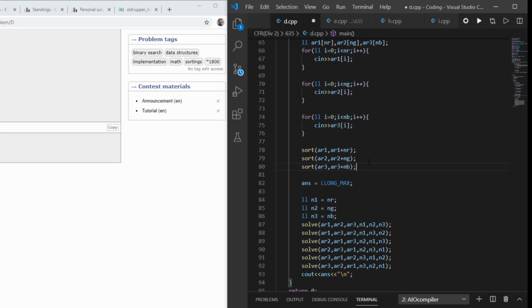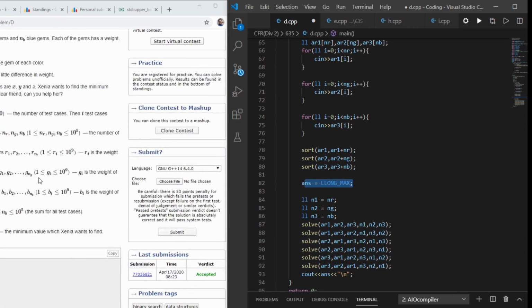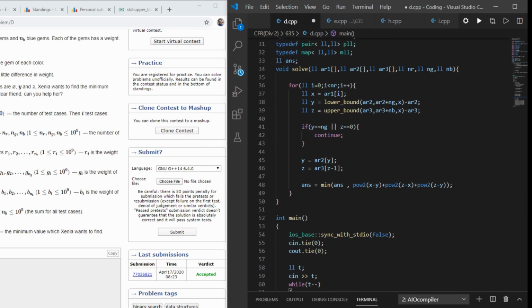Then, as I said, binary search will be applied to elements which are sorted, so I sorted it. Then I need the minimum answer. As I said, I need a minimum value, so I take long max as the answer.